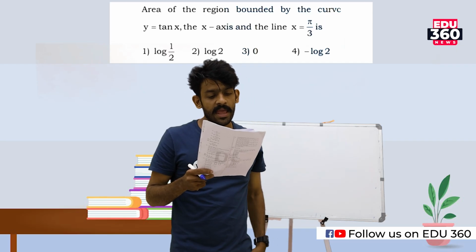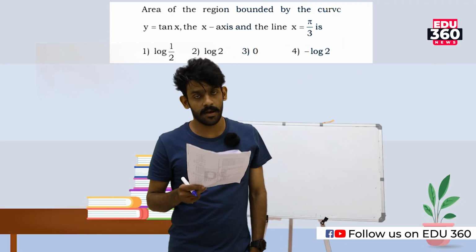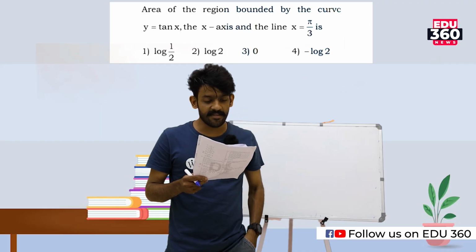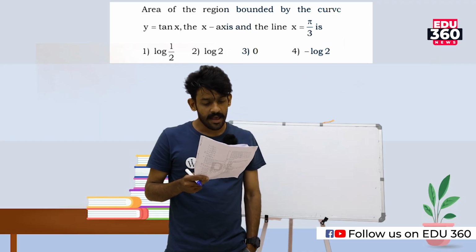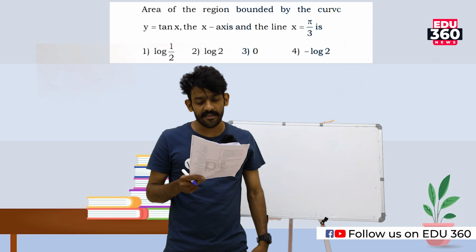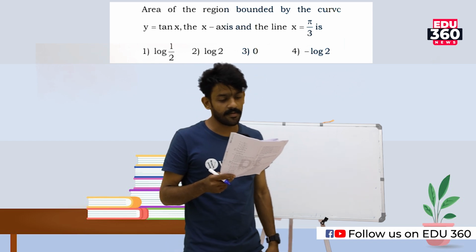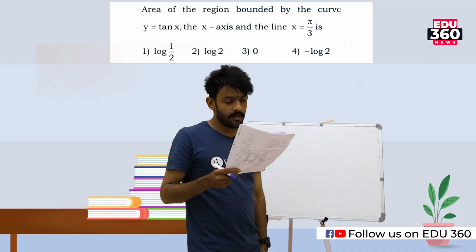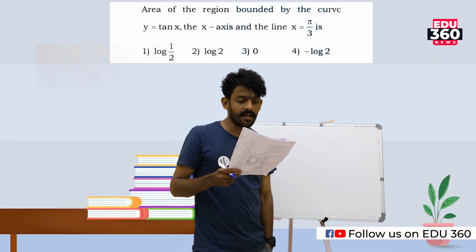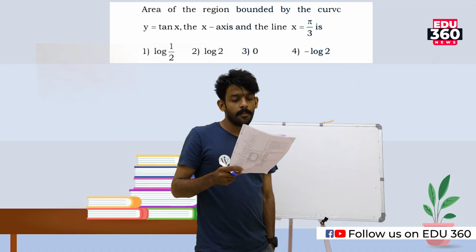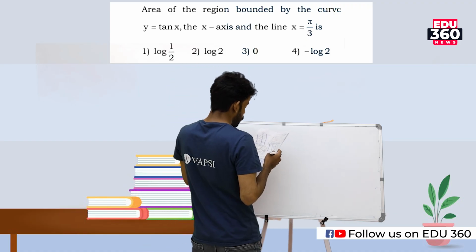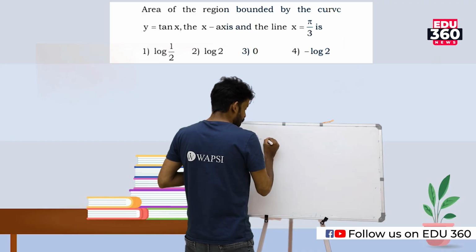The third question is: the area of the region bounded by the curve y is equal to tan x, the x-axis and the line x is equal to pi by 3 is. Okay, so area A is equal to